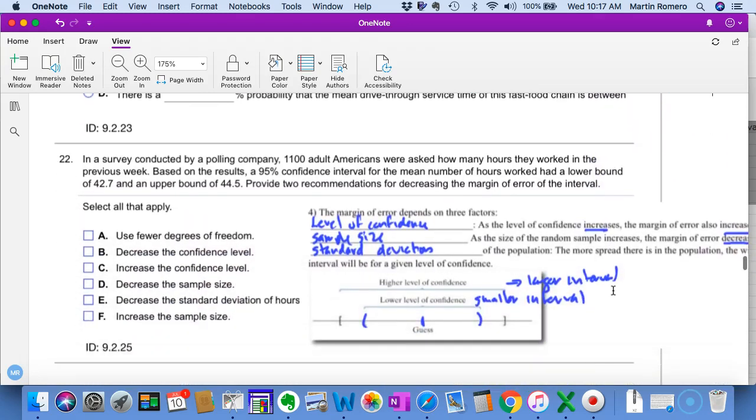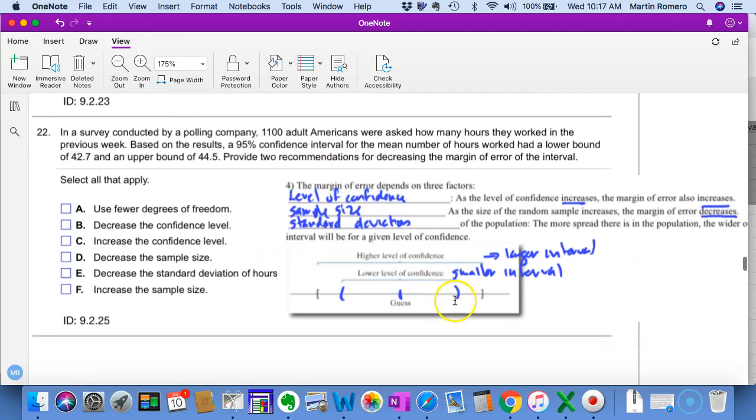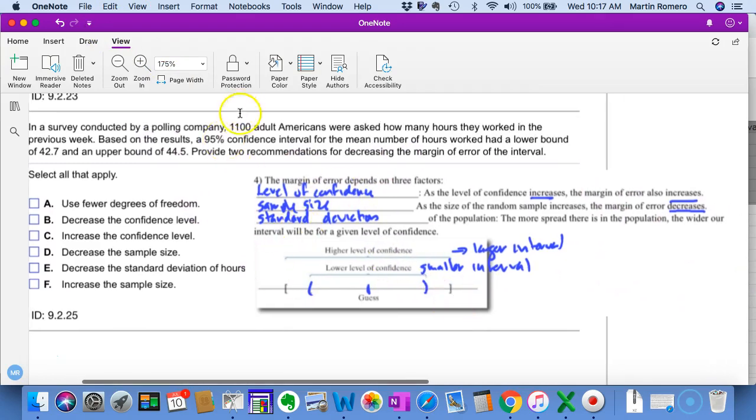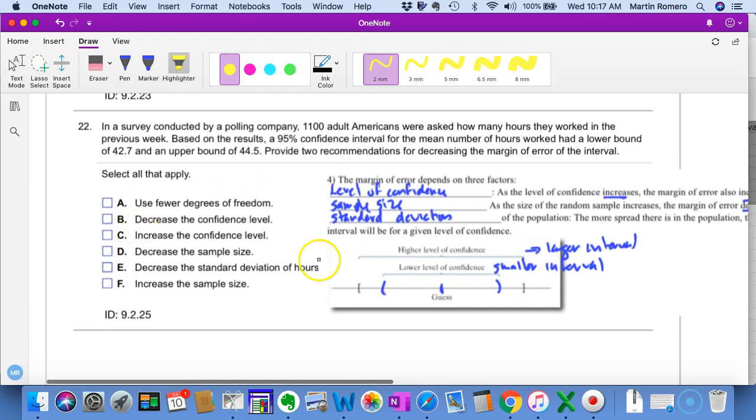And then connecting that to 9.225 real quick, provide two recommendations to decrease your margin of error of an interval. This goes back to notes here. The two answers in this case would be to